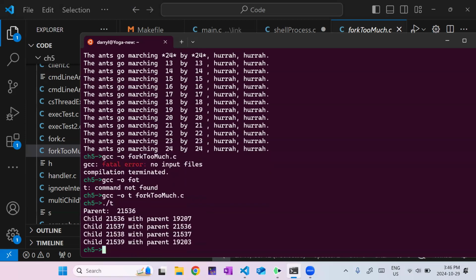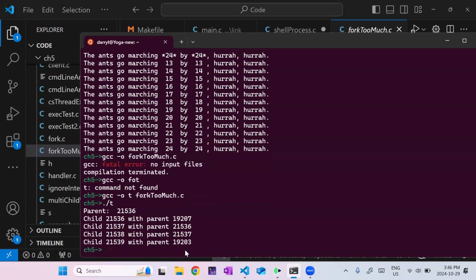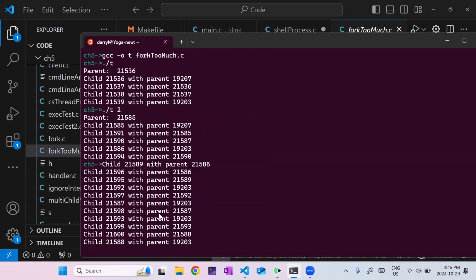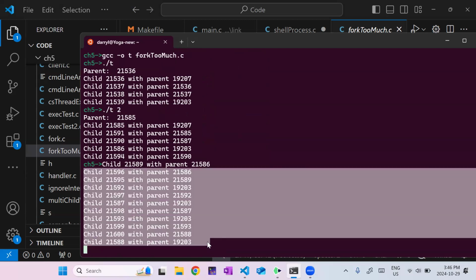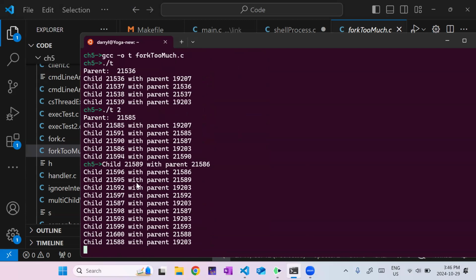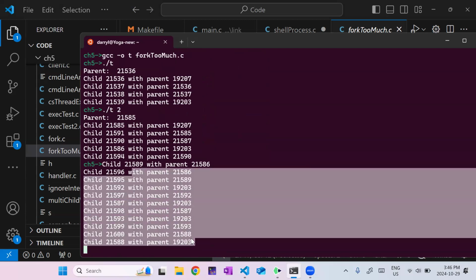Okay, so then I can run that, and I didn't put any command line arguments, so it only ran the loop once, and I ended up with 4 processes. But let's say I want to run the loop twice, then I get, well, it looks like, what is that, 8, 16? I don't know, 12 or something like that.